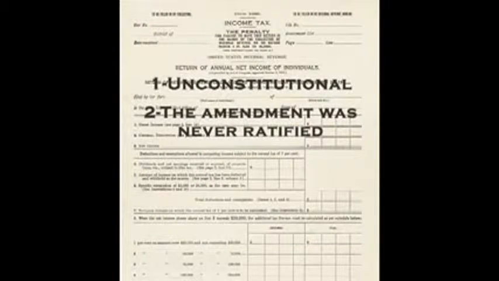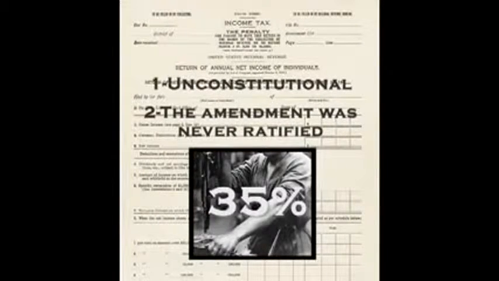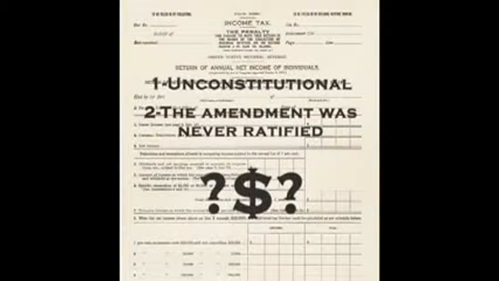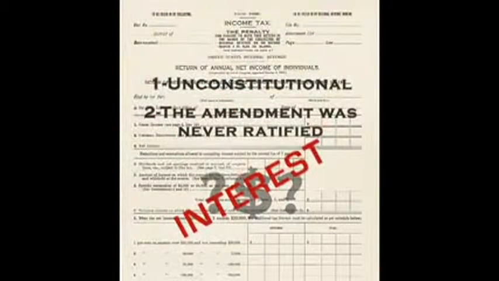Third, at the present day, roughly 35% of the average worker's income is taken from them via this tax. That means you work 4 months out of the year to fulfill this tax obligation. And guess where that money goes? It goes to pay the interest on the currency being produced by the fraudulent Federal Reserve Bank, a system that does not have to exist at all.